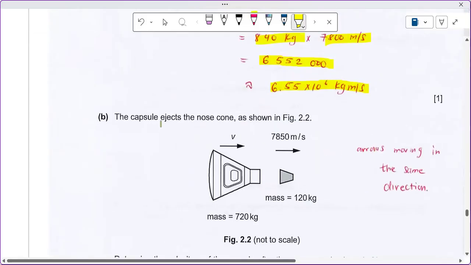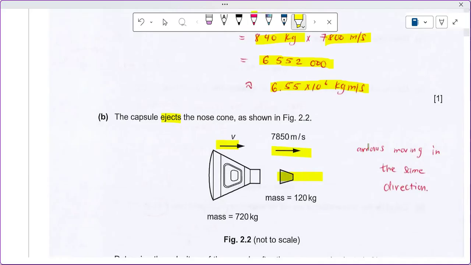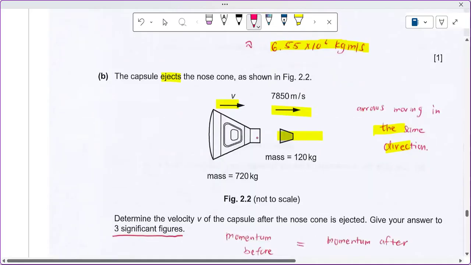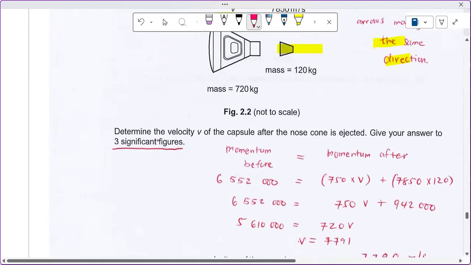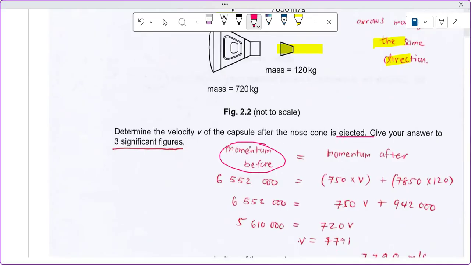Then here I'm told the capsule ejects the nose cone, which means now the nose cone is ejected, and I'm given arrows. The velocity of this side is moving that side, and the velocity of that one is moving that side. So arrows are facing in the same direction, which means none of the velocities after collision in this case are going to be negative because they are going in the same direction. So here they are telling me now, determine the velocity of the capsule after the nose cone is ejected. We already know what the momentum before was. It was that